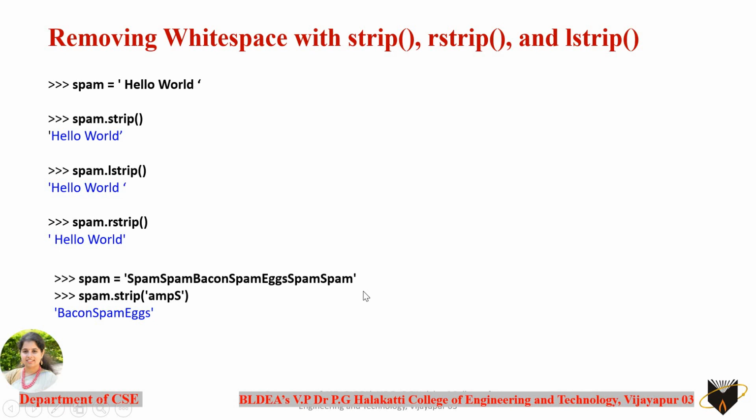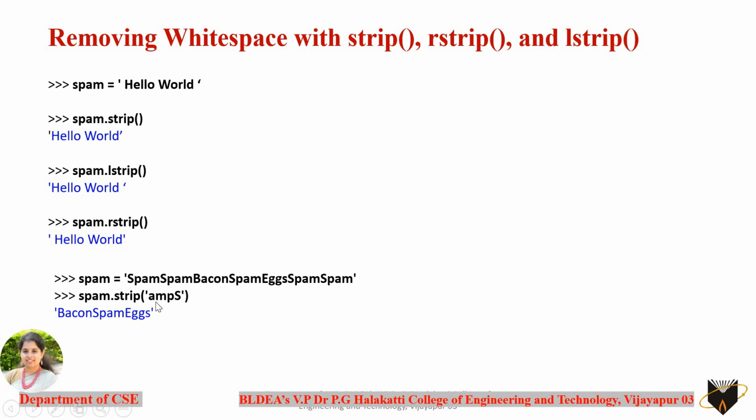When we come from the right side also, you can see it will start making the combination from the dead end, that is spam. Again it is a part of the combination, so this will be removed, and even this will be removed, whereas the 'x' is not part of the combination here. So that's why you'll get the result as 'bacon spam x'.